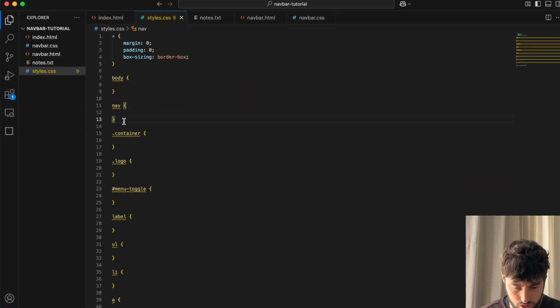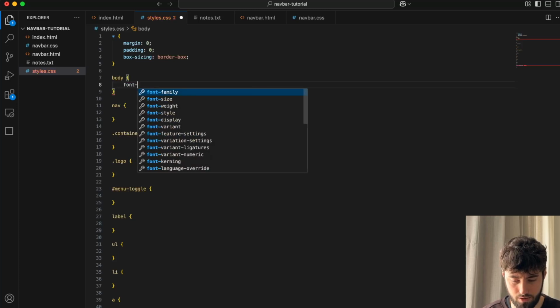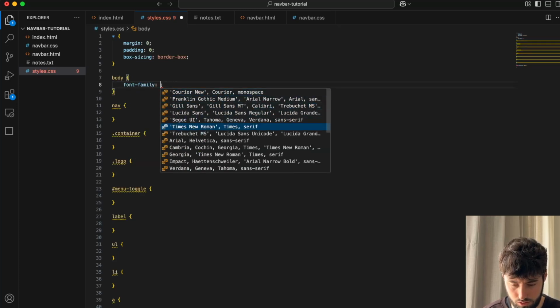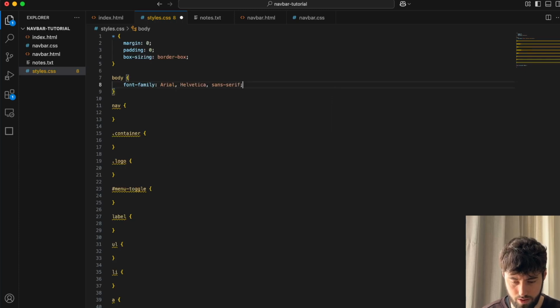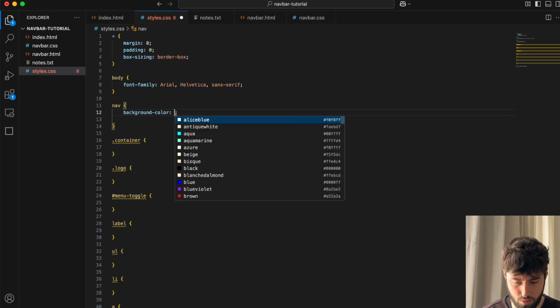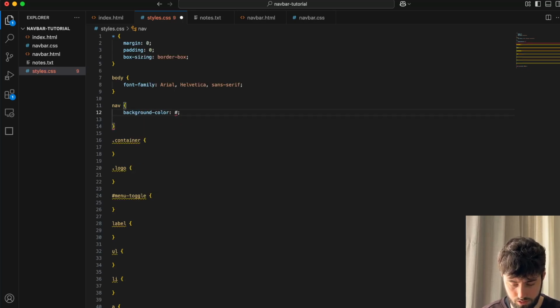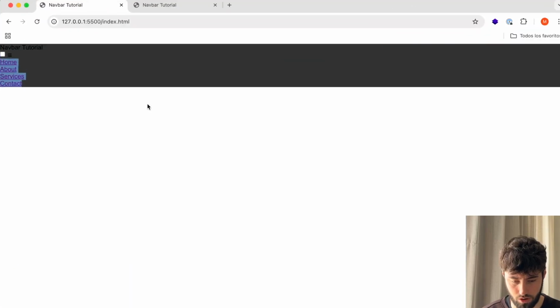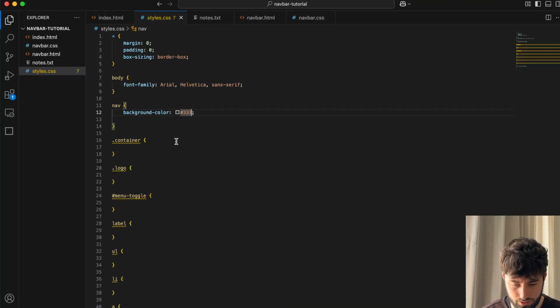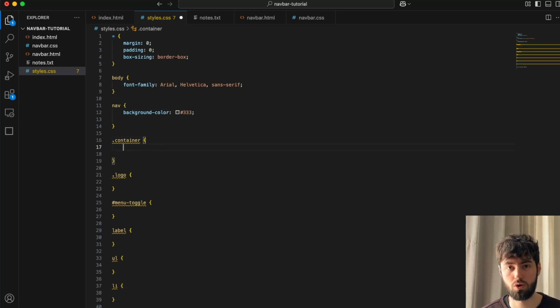So for starters, let's see, what shall we do first? We can go ahead and, for one, we can add in the body, we can say font-family. Let's use Arial, Helvetica, and sans-serif as our font family. Okay, now we want our nav bar to have a background color as starters. As you can see here, we've got a background color. We want the container, which holds everything, our logo, our hamburger menu, our links. We can say max-width 900 pixels,